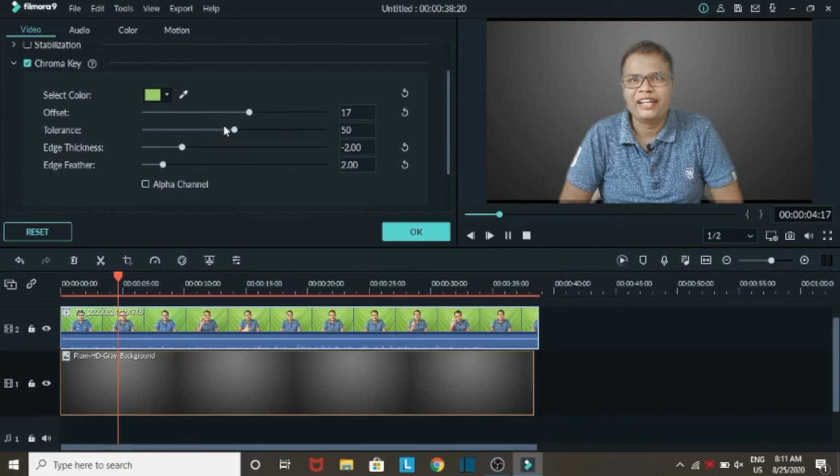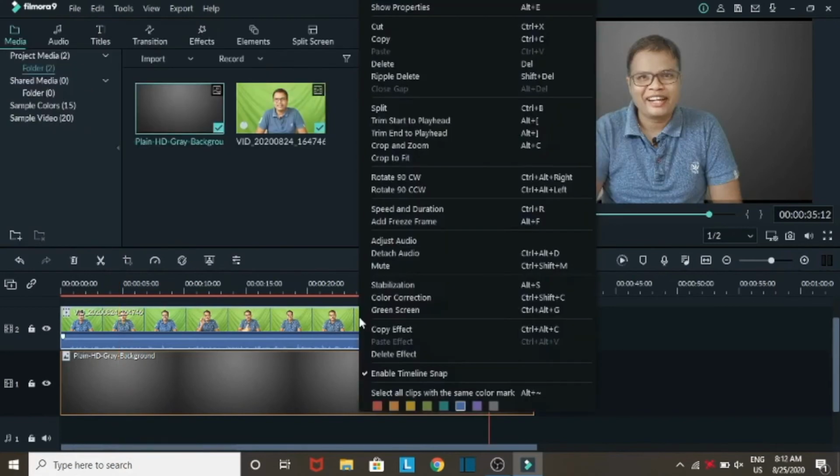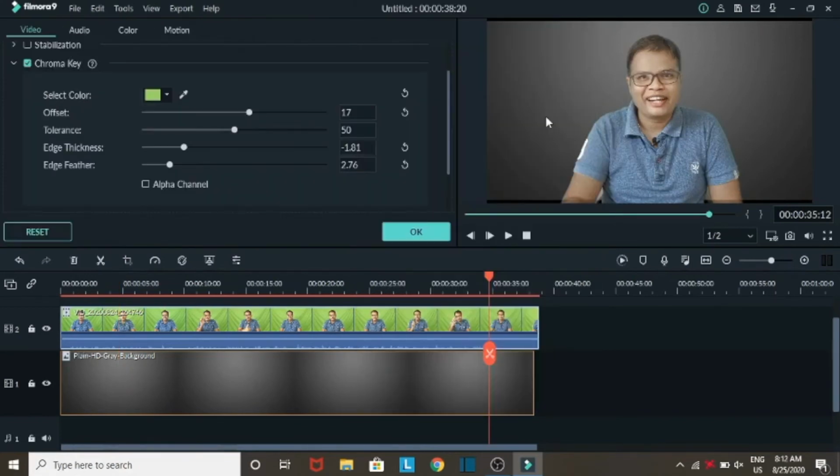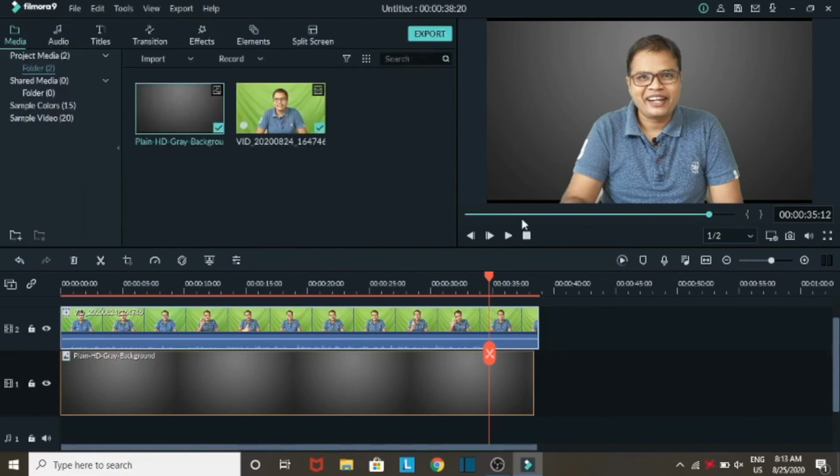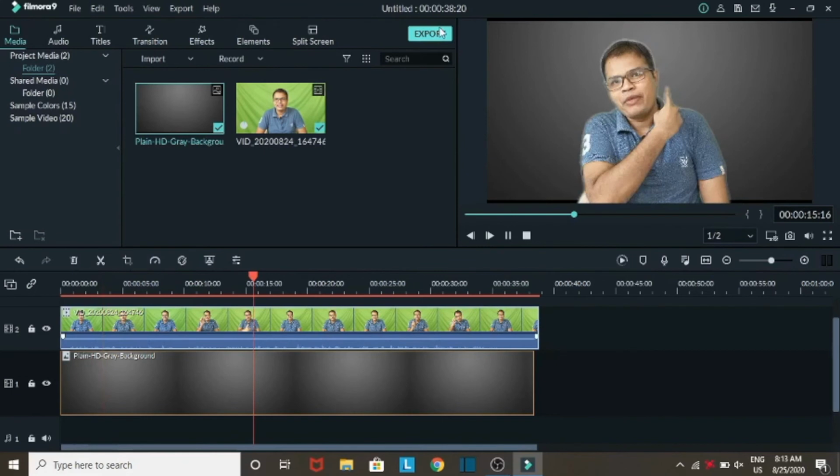So again if you think that the setting is not good, then again I am repeating the process that you have to click on video, right click it, and then you have to choose the green screen, and after that you can see these are the options again, and again you can adjust it as you want. So now I am also making adjustments, so it should look perfect. And again you can play the video and see whether the adjustments you have done are okay or not. So after that you have to simply click on the export button,